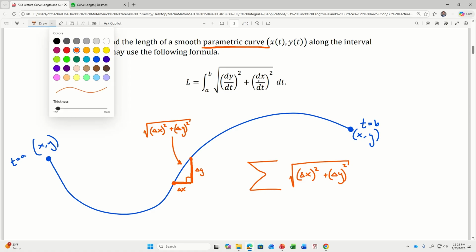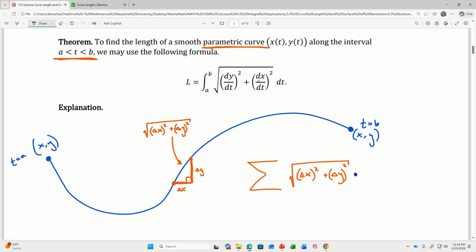And then what would it look like if I multiply this times delta t divided by delta t? Because I'm allowed to multiply by 1. Multiplying by 1 doesn't change the value of anything, and delta t divided by delta t is 1. Well, then I could distribute the delta t from the denominator